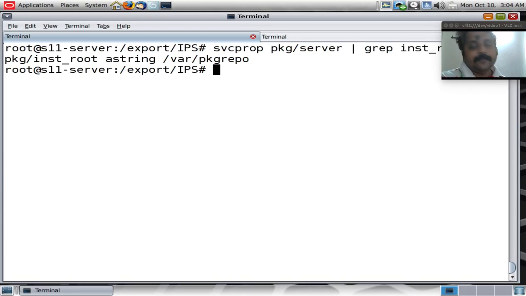In here, we will use the svccfg command in non-interactive mode. So that's svccfg -s. The name of the service that we are interested in is pkg/server. Setprop. What is the property that I want to set?